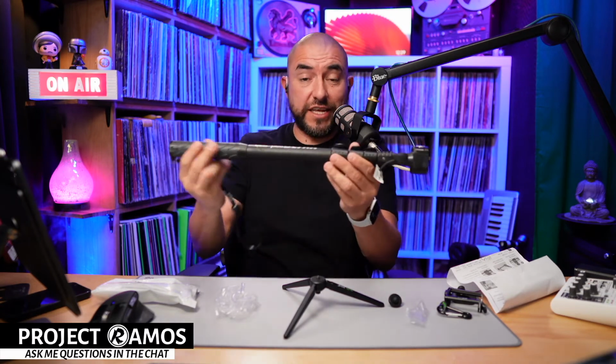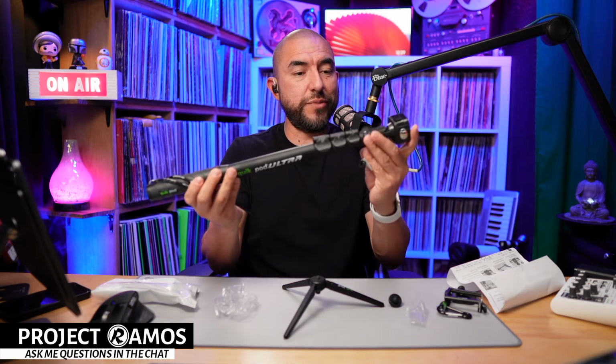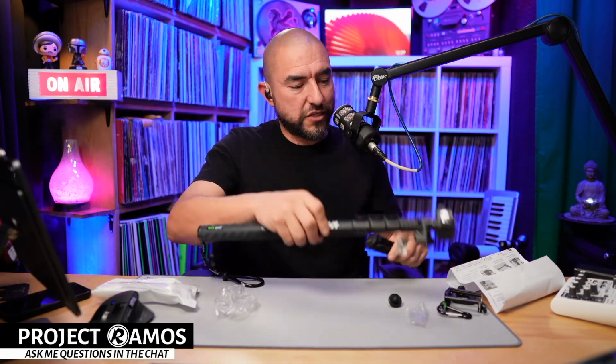I do like the fact that it is very compact, so you can throw this in your camera bag, you know, on the side bag, on the outside of the camera bag, and then quickly set this up if you need to grab a semi-stabilized shot using this Quickpod. Not bad. That is going to do it for today for all the accessories that I was planning on unboxing